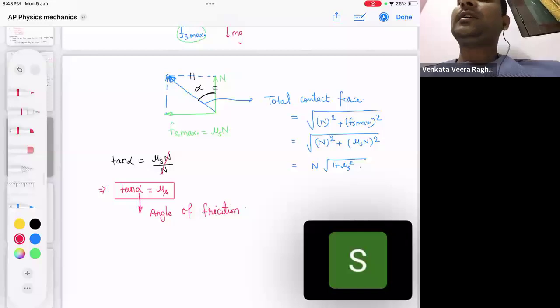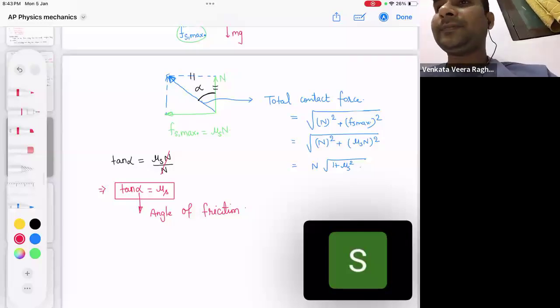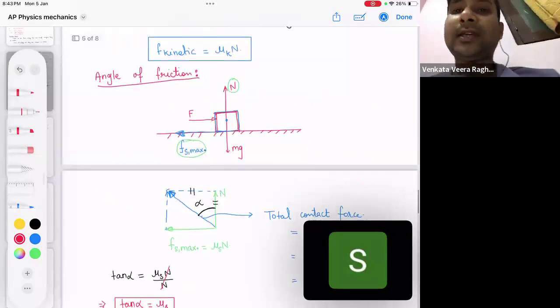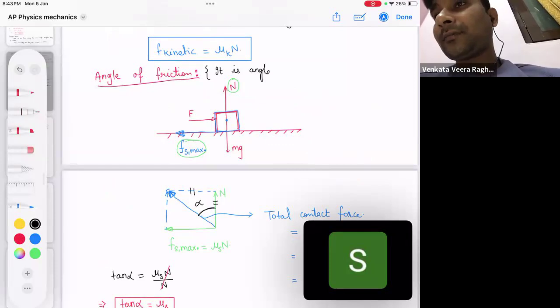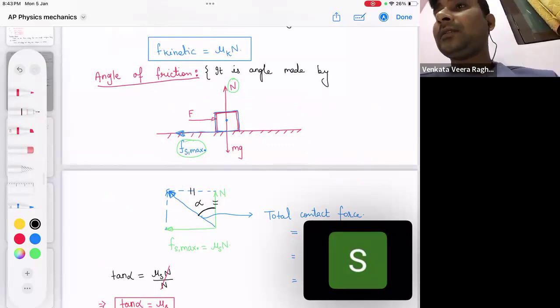With the normal vector, that angle is called the angle of friction. Is that clear? Please tell me, what is the angle of friction? If you want, you can write it. It is the angle made by